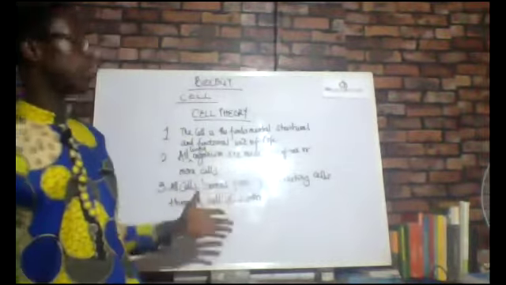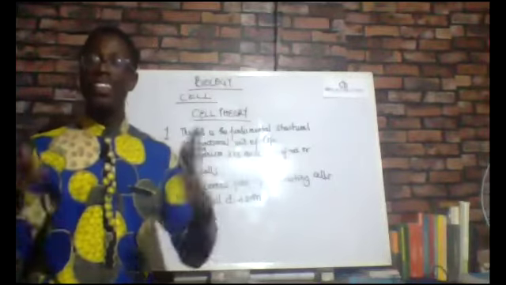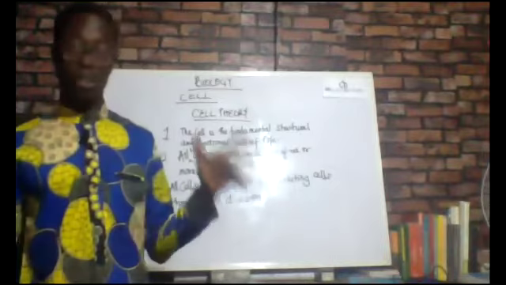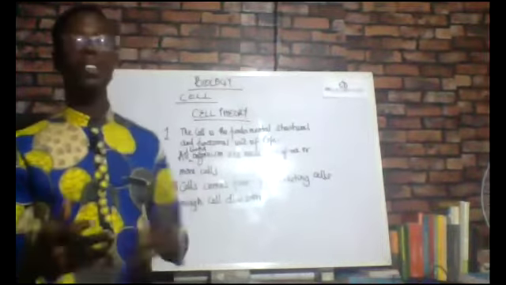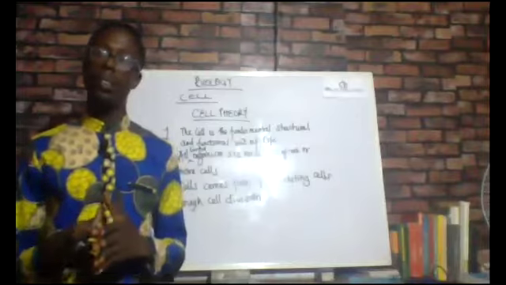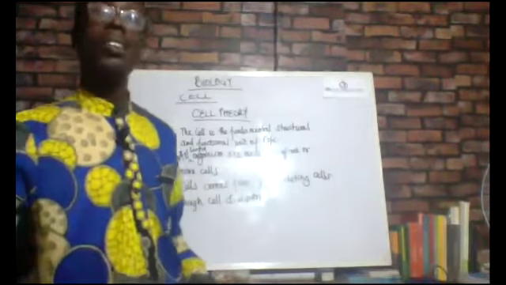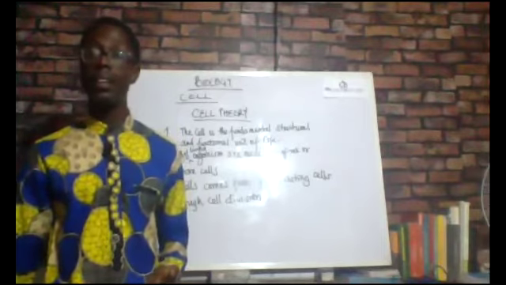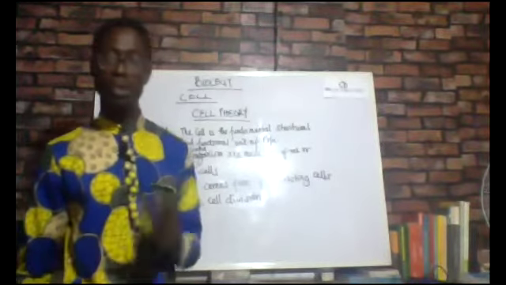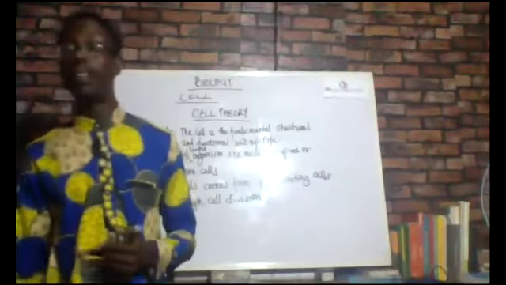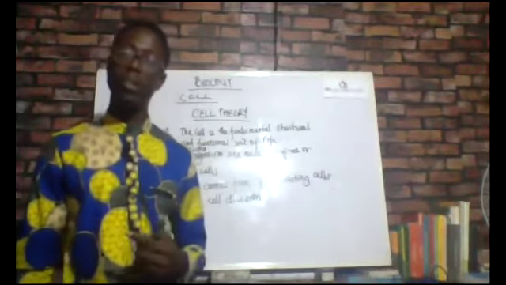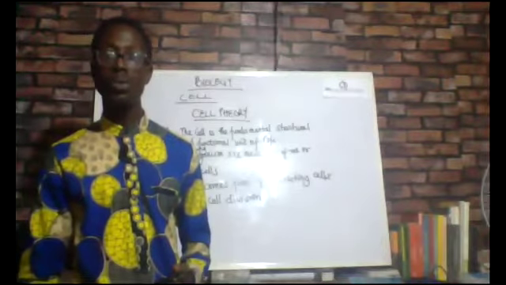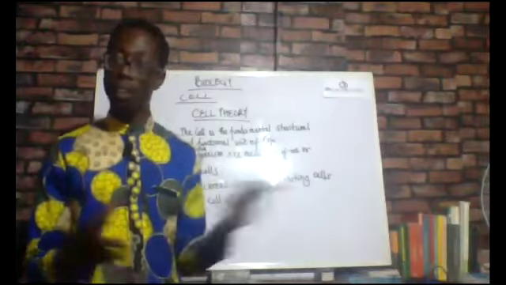This is the fundamental theory of the cell. This will guide you on everything about the cell. Once you have this in mind, you'll be able to understand every other thing. And this is a very common question that you'll be asked. You may also be asked who are the scientists behind this cell theory. We have two major scientists, Theodor Schwann and Matthias Schleiden. I'm sure after this class, you'll do further research about that. So let us move on to the other aspects of the cell.